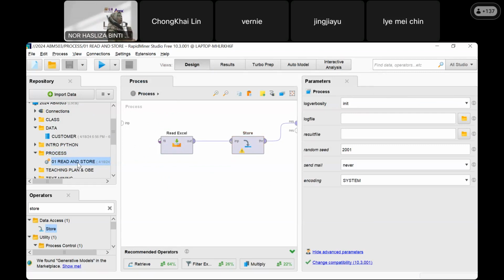Are you with me? So this is how we save a process file. Just now I taught you how to save data. Right now I teach you how to save a process file.